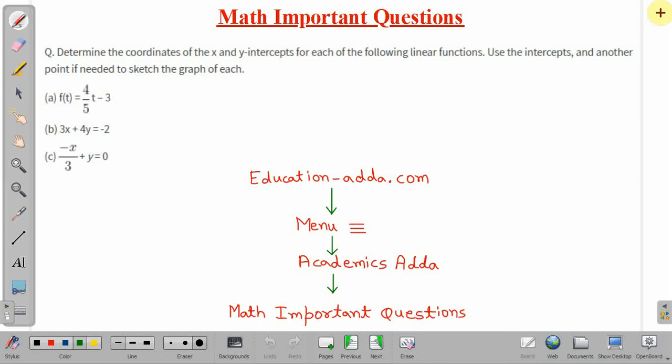Hello friends, in this lecture we will discuss one important problem of mathematics in which we have to find the x and y intercept of the given linear functions, and using the intercept you have to sketch the graph for